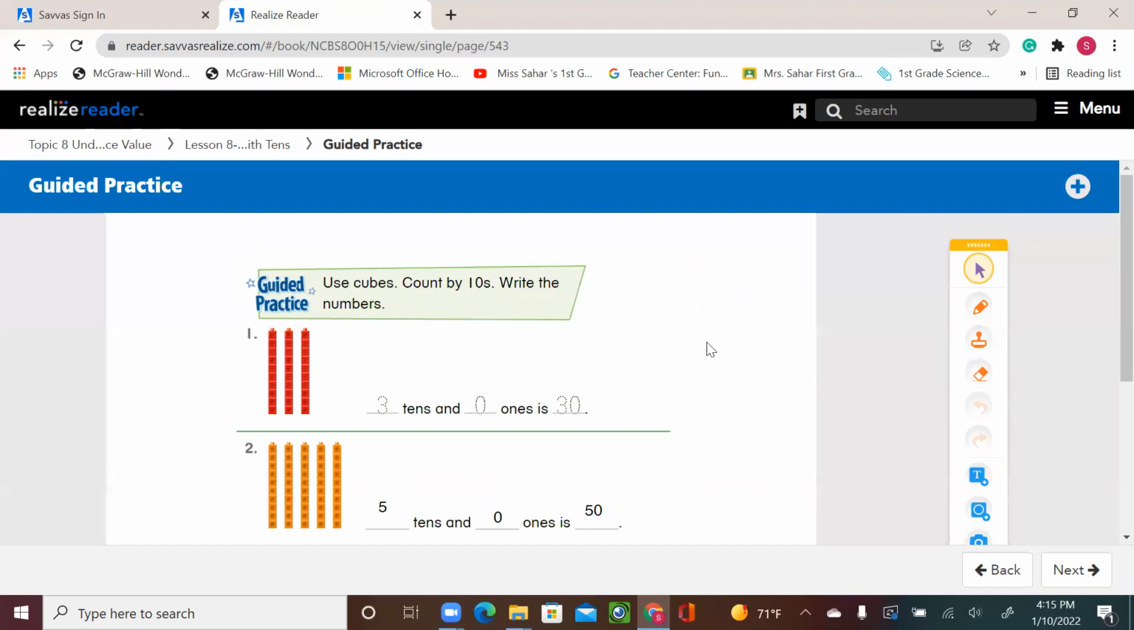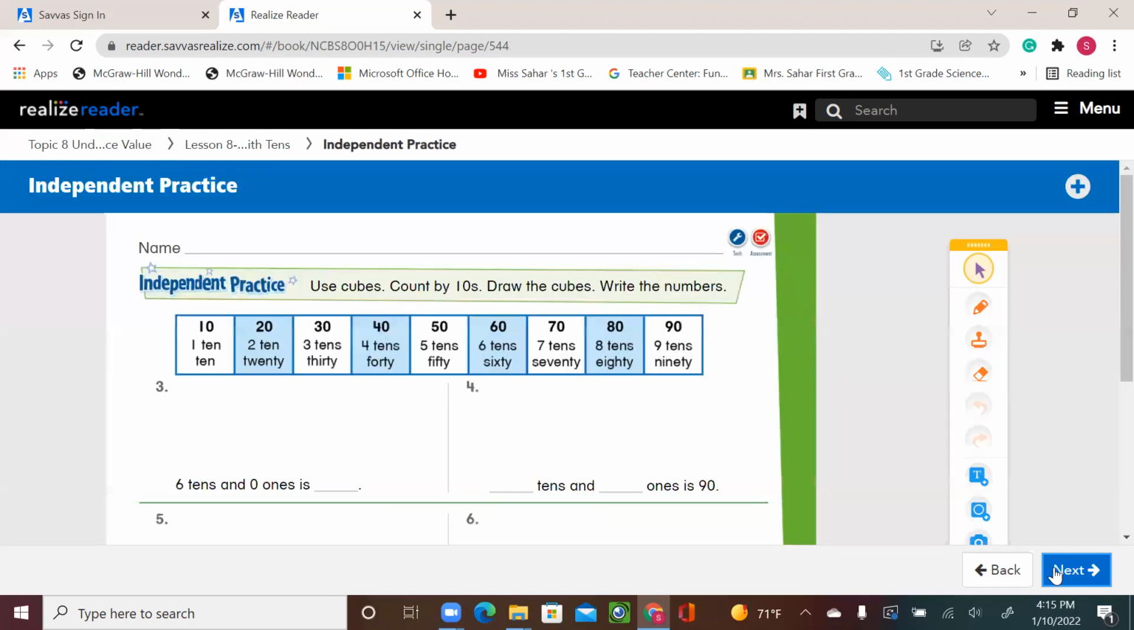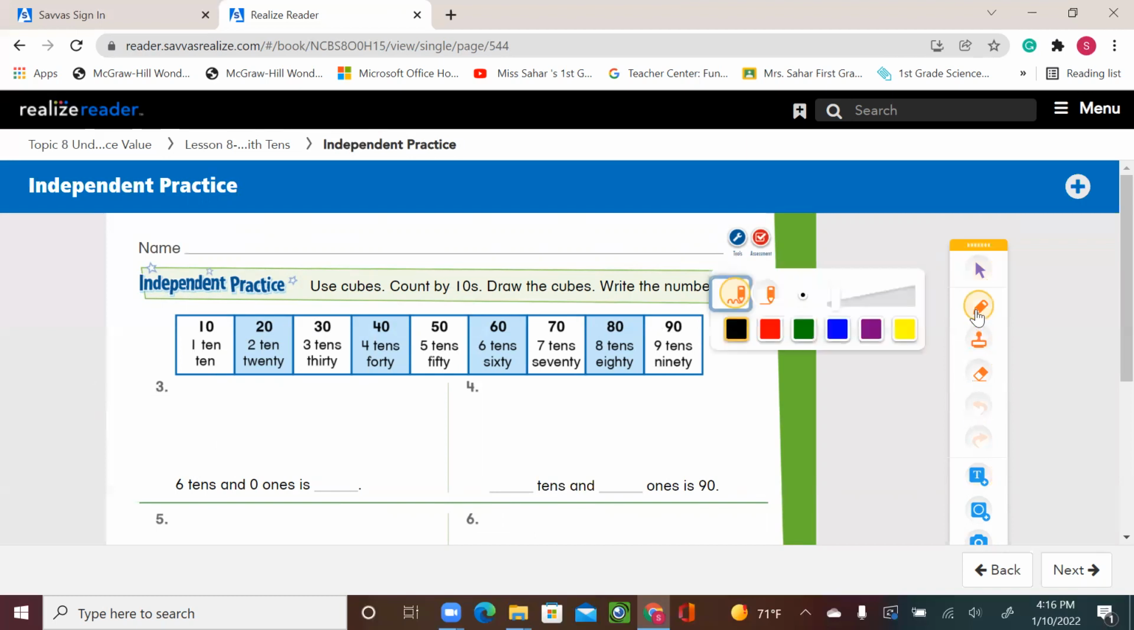Okay. All right. Let's do one more from our independent practice. Let's do number 3. Use cubes, count by tens, draw the cubes, write the numbers. So what we need to do, look at number 3. 6 tens and 0 ones, that means I need to draw how many groups of 10? 6 tens. Okay, so